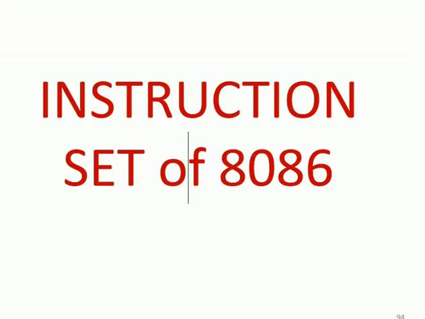Now the 8086 microprocessor instructions. You know very well what an instruction is. Instruction means a command to the system to perform a particular task. For example, move, add, subtract, multiply, divide, rotate right, rotate left, rotate with carry, rotate left with carry, jump not equal, jump equal. So these are all the basic instructions